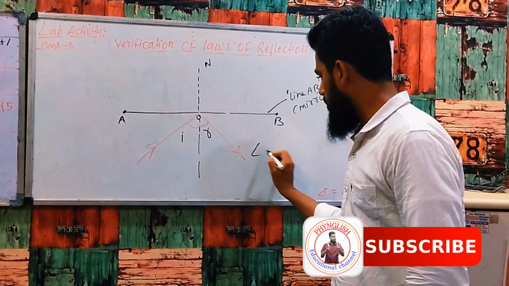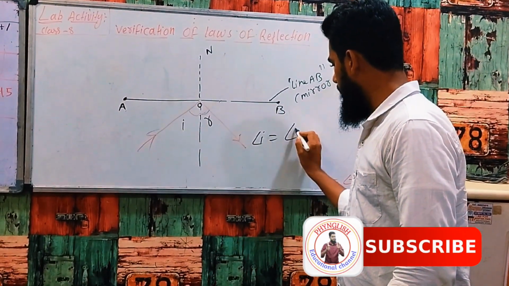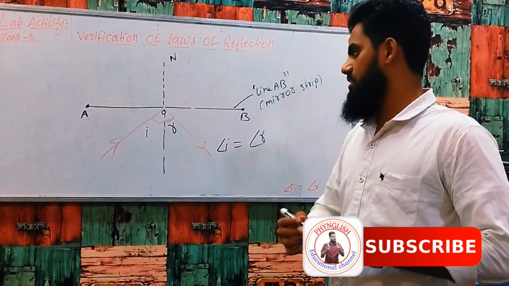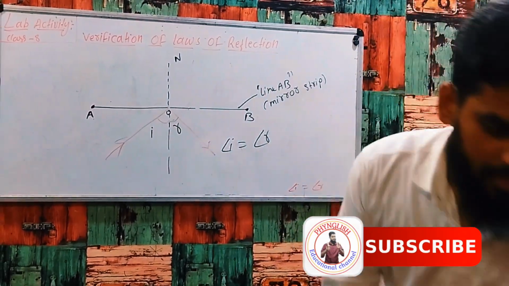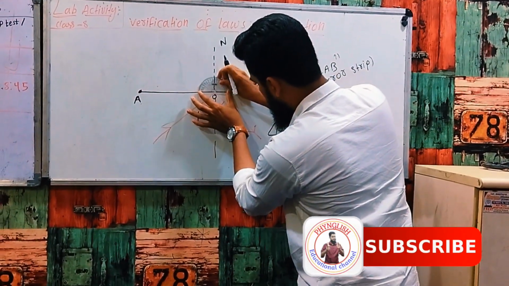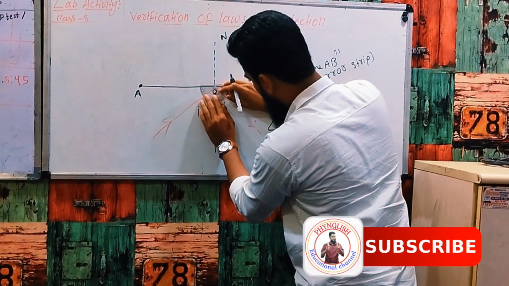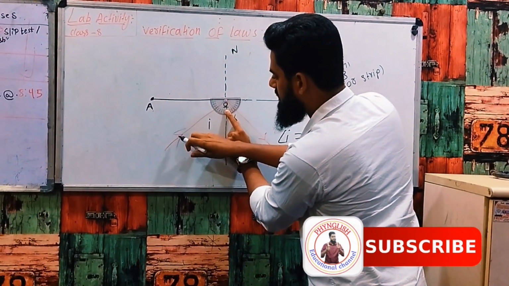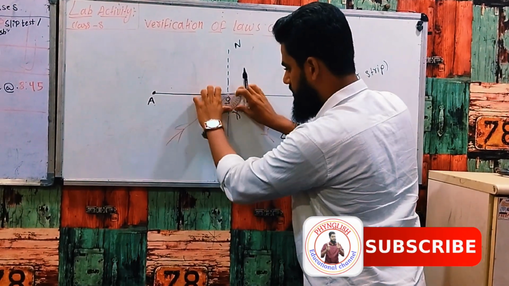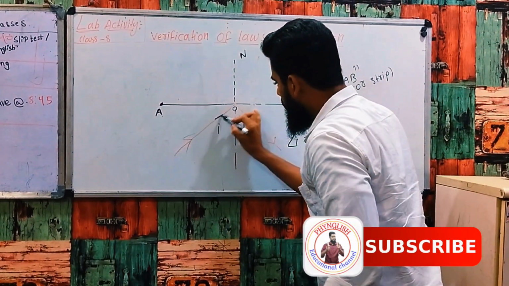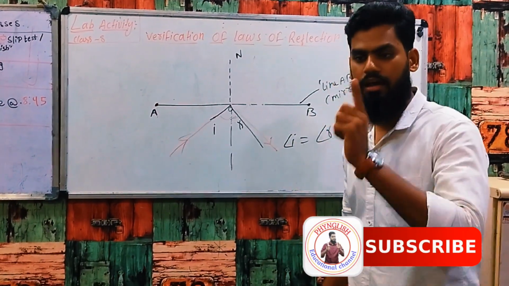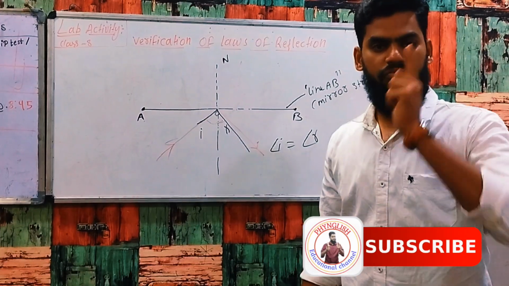See, ये angle होता है हमें angle I equal to angle R. Angle of incidence is equal to angle of reflection. इसका मतलब ये हुआ, अब आपके सामने मैं protractor, right? अगर मैं इंसिडेंस रे 45 लेता हूं, तो रिफ्लेक्शन भी अपोजिट 45 ही आता, क्योंकि ये फर्स्ट लॉ ऑफ रिफ्लेक्शन है.